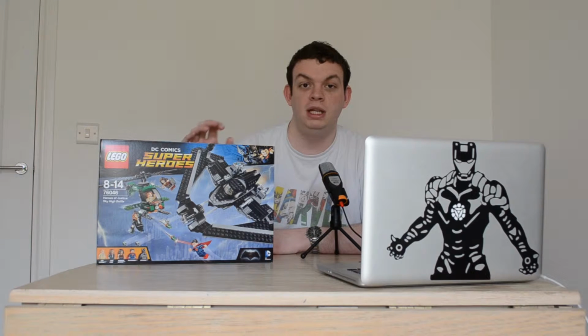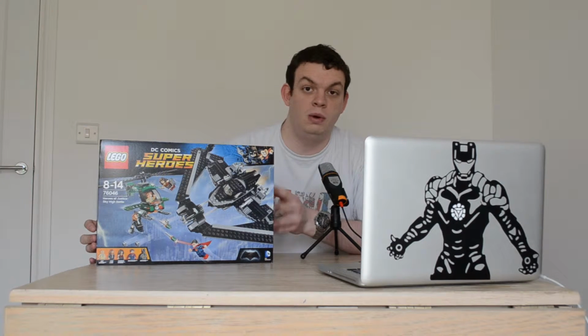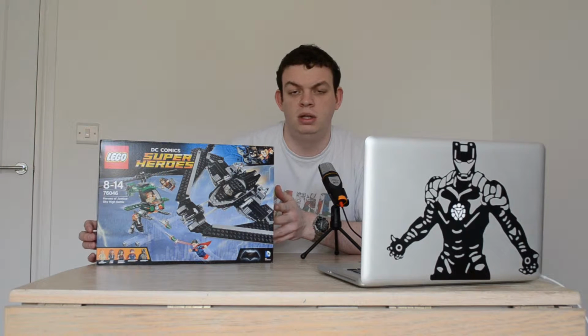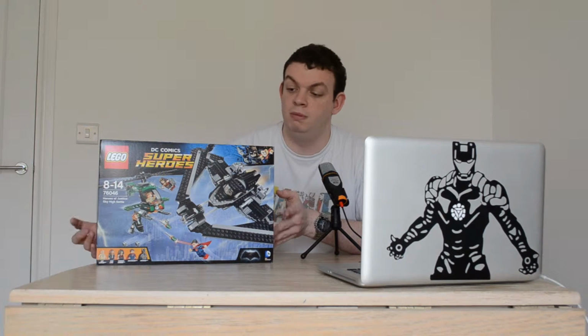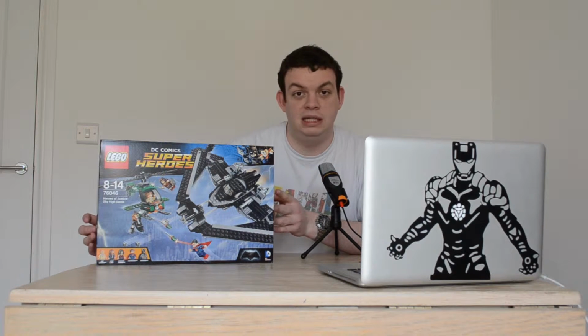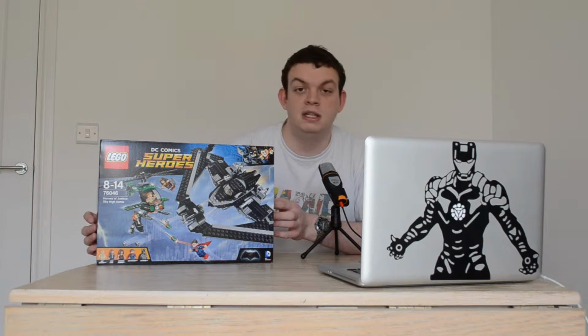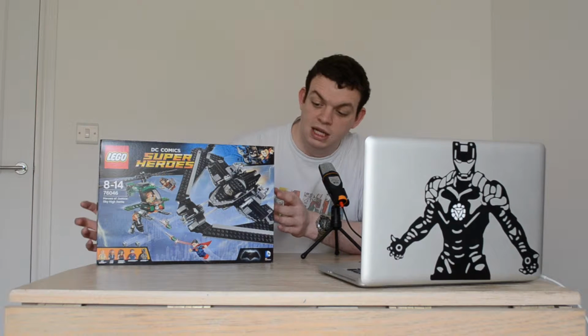Today I'm going to be opening and building the last set in the Batman vs Superman series. This is the biggest one you can get. It cost me £55. Not quite sure how much that is in dollars, probably similar from what I understand. It might be a bit more, might be a bit less, but basically this set is the last one. It's the biggest set you can get, and it is number 76046, also known as Heroes of Justice Sky High